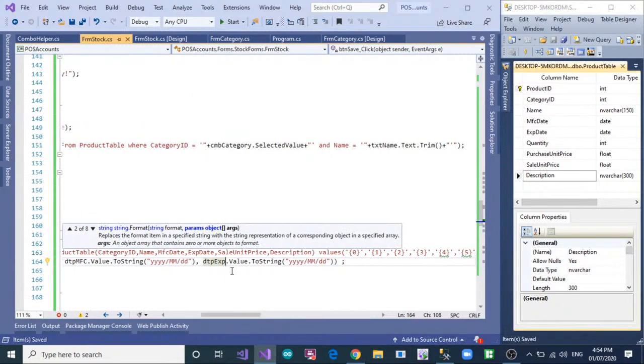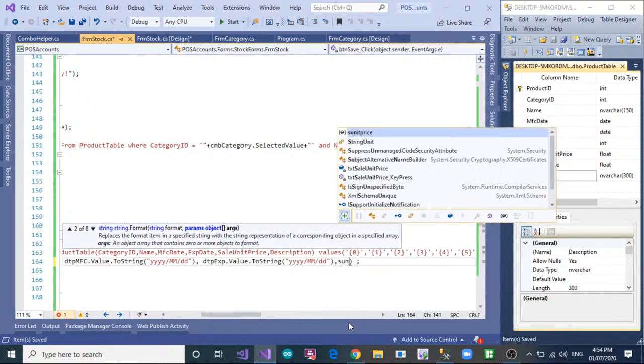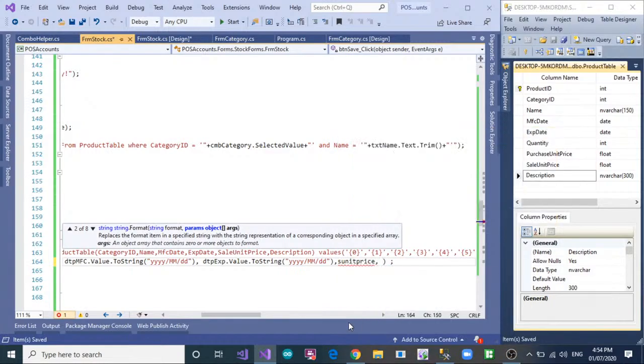Okay, and then the sale unit price, and then comma, description, so txtDescription,